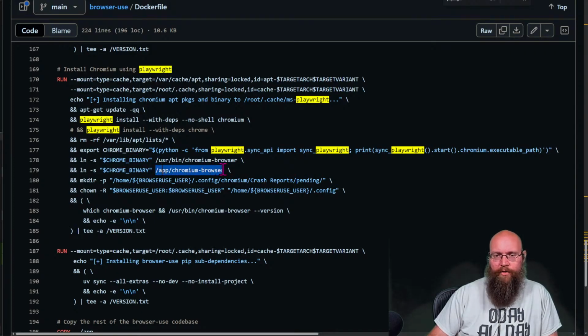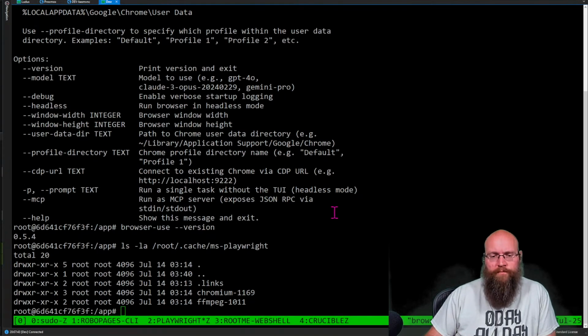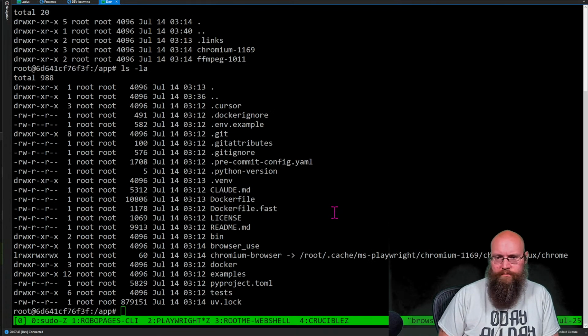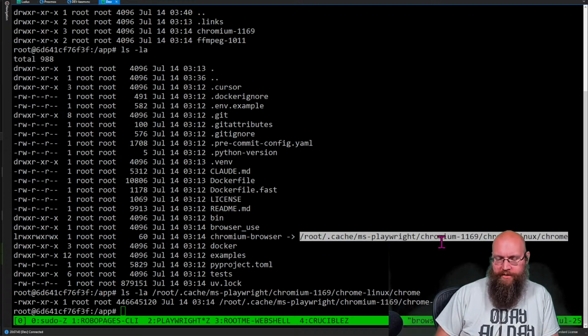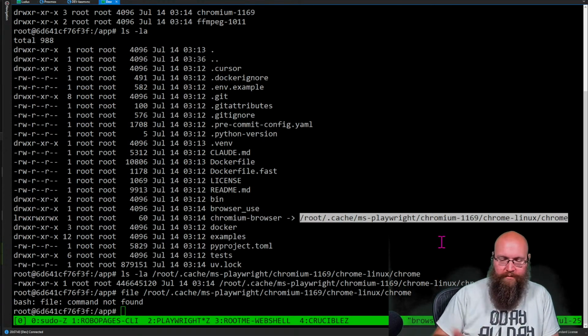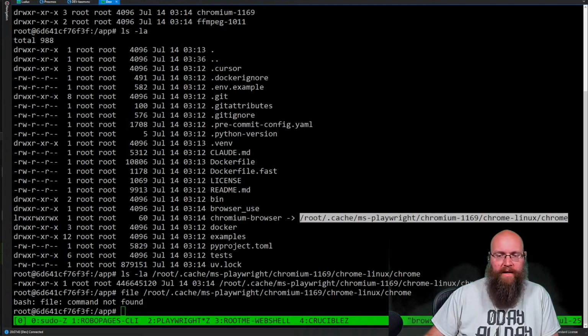Let's see if app Chromium browser actually does exist here. So this is pointing to 1169 here. And we do have that there. And just for a quick sanity check, that should come back. Don't have the file command. That is probably binary right there.